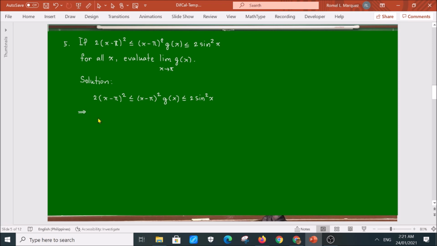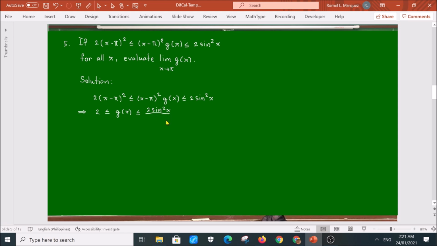So here we need to express the middle part in terms of just g of x. So let's divide this continued inequality by (x minus pi) quantity squared, getting 2 less than or equal to g of x, and then less than or equal to 2 sine squared of x